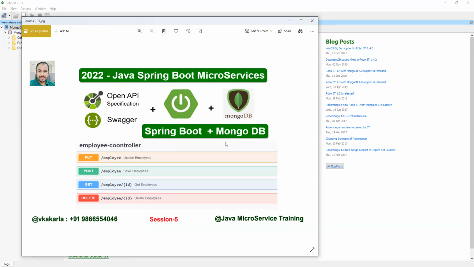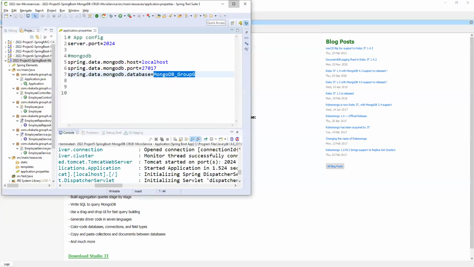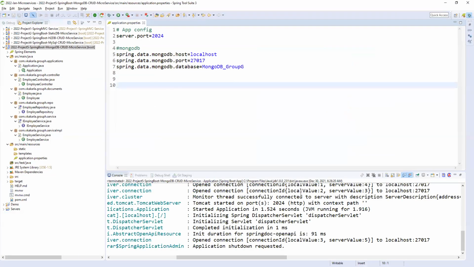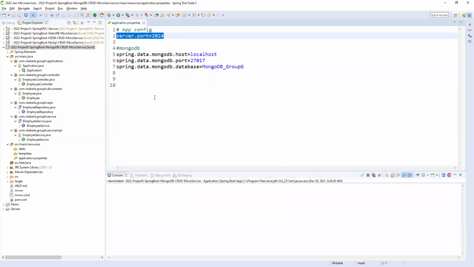Now we are going to step into our application. So let me share my application. Okay, so this is the application. This is the properties file. First of all, we can discuss the properties. This is the port number of our application. That is fine. Here I am not writing any data setup class.